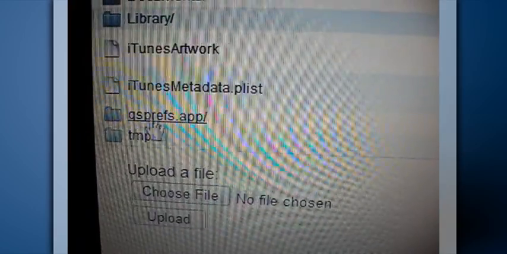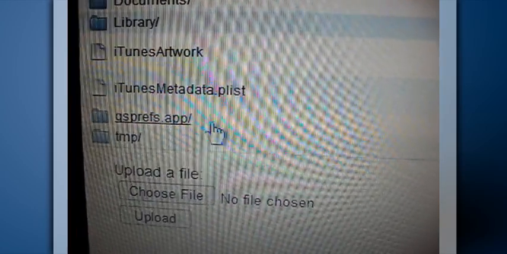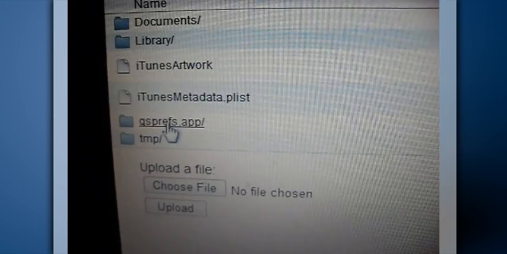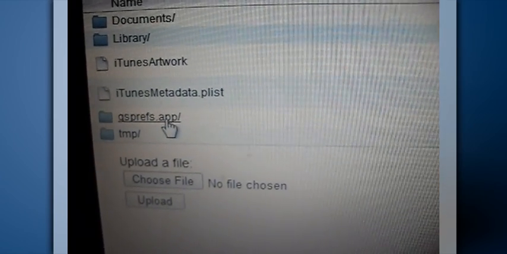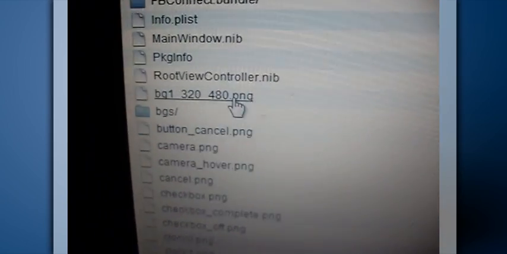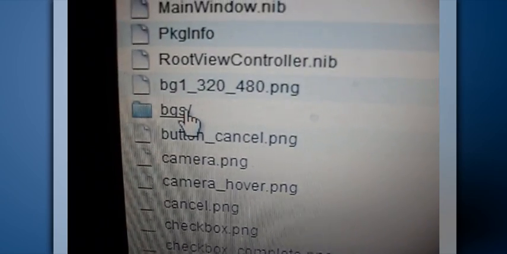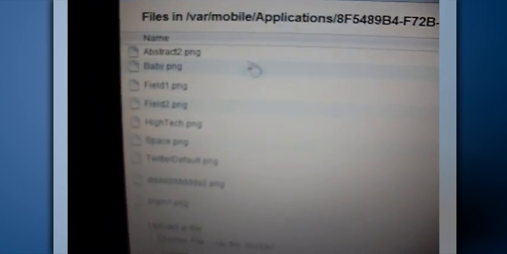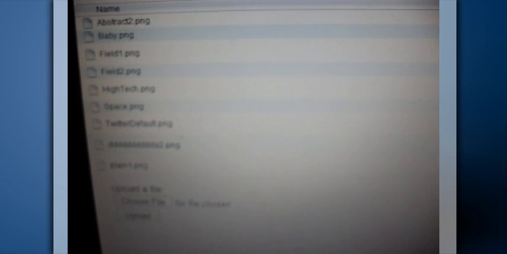You can always tell which one it is in case you make a mistake, because it'll at least have qprefs app in there, or it'll say mobile SMS or something like that. So this is how you can tell, because it'll always have the .app file name. So just go in there, and then you can go in backgrounds, and this is where we'll be putting the image. So if, for example, you just wanted to download that one picture that I put up in the sidebar,